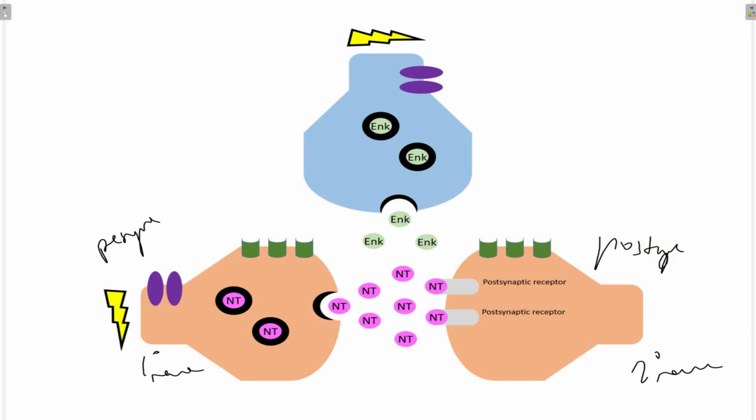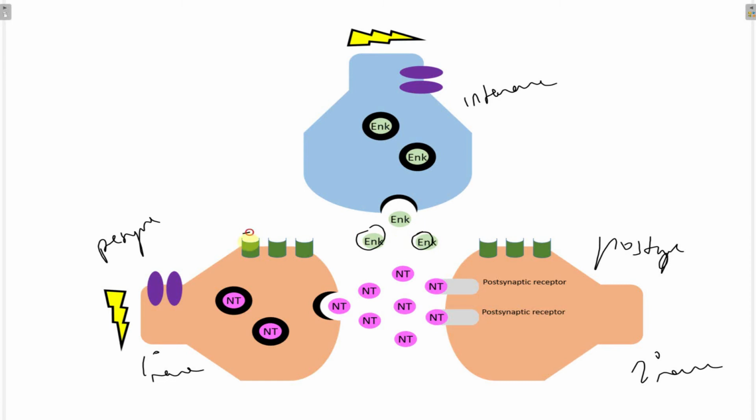And this is that innervating interneuron that's come down from the descending pathway. Now, usually what happens is it causes the release of endogenous opioids like endorphins and enkephalins, and these enkephalins, they'll